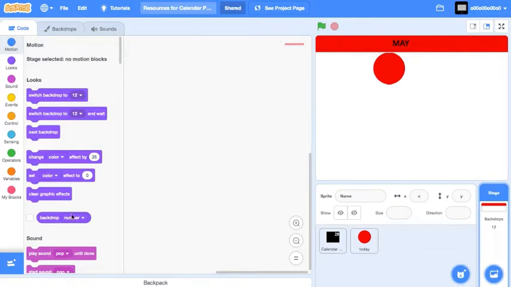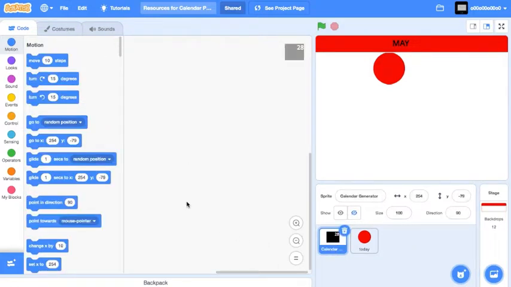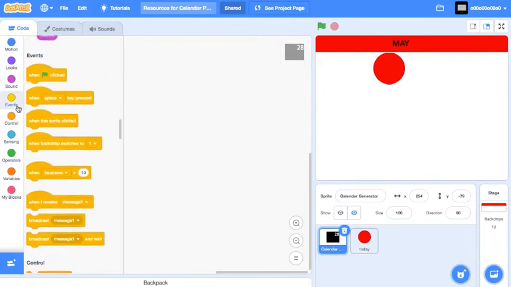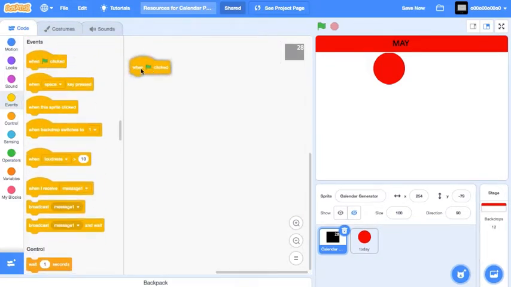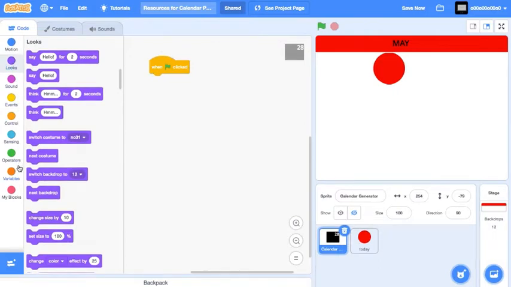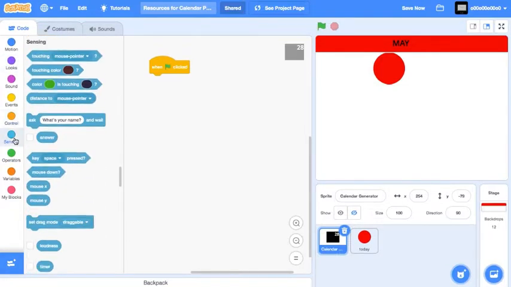Just remix it. So to start off, let's just go to the calendar sprite and take out a fresh when green flag effect. So we want this to run even when we're not online.